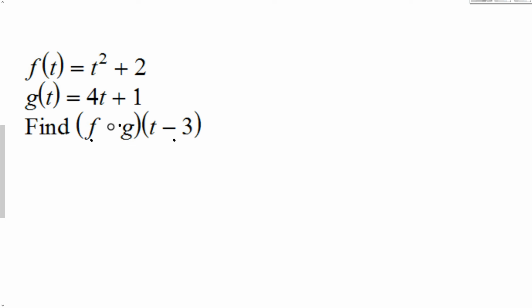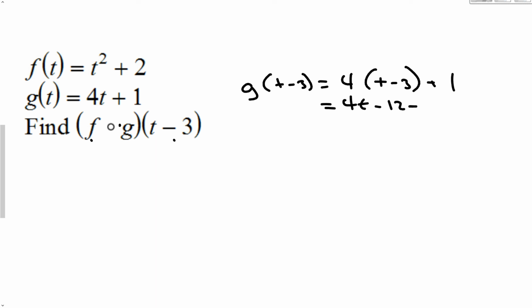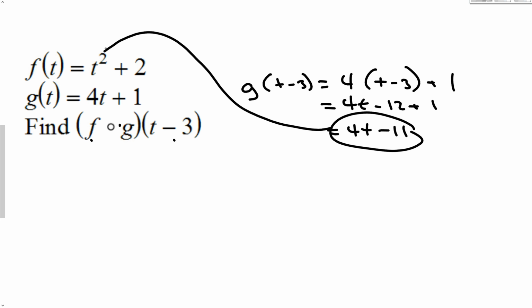So watch this. So g of t minus 3 would be equal to 4 times t minus 3 plus 1. Right? I'm plugging t minus 3 into g, which would give me 4t minus 12 plus 1, which is 4t minus 11. Then this goes into f. So now I get 4t minus 11 squared plus 2,